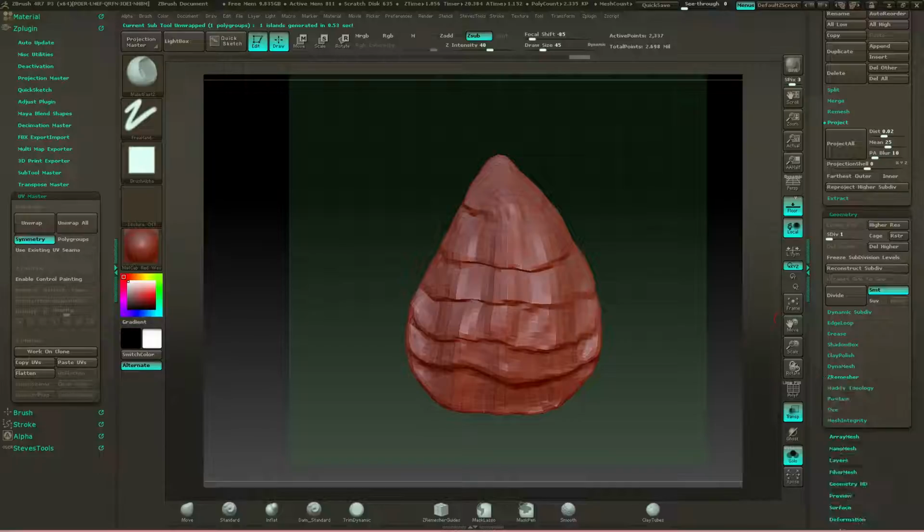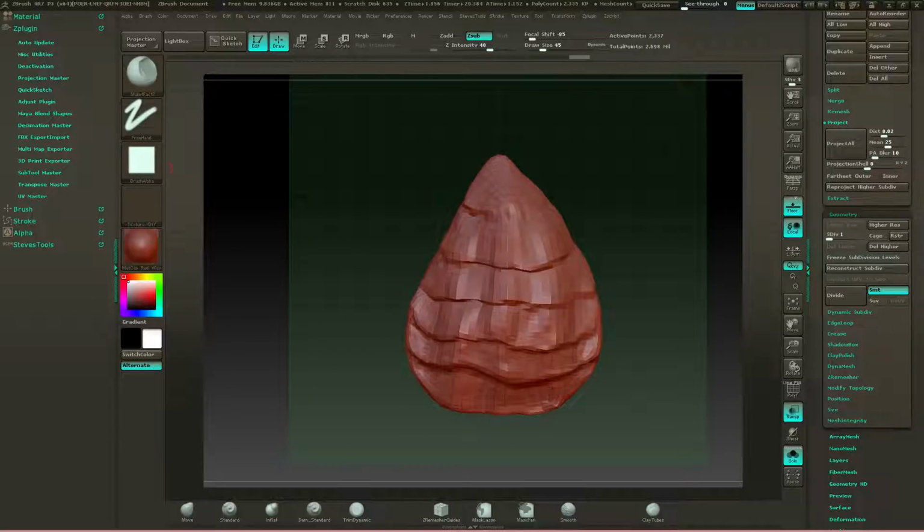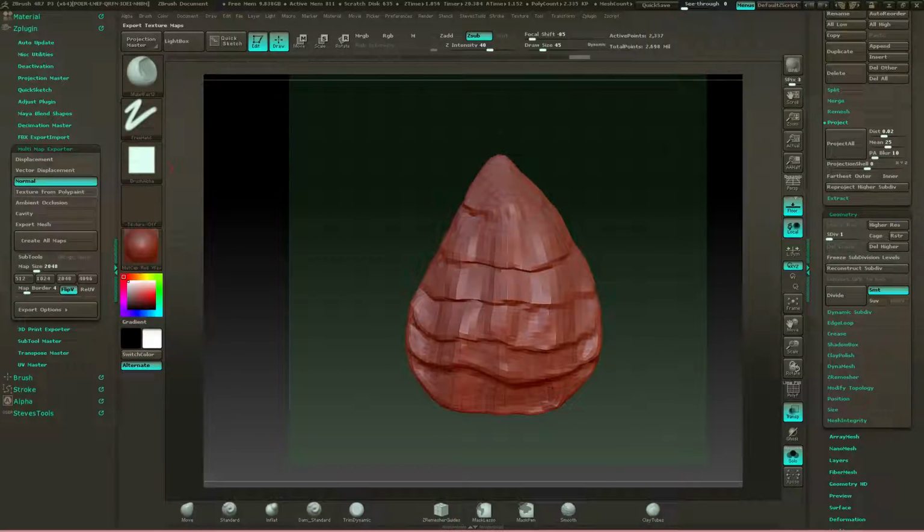And there you go. So what you would do now, I know people are going to have questions about this. You would either bake out a normal map or a displacement map. If you're rendering, you'll do a displacement. If you're doing a game engine, you'll do a normal. Or you can create all of them. And this gets into a texture realm, but just for general usage, you can do a displacement,